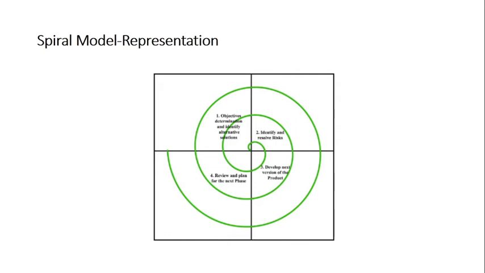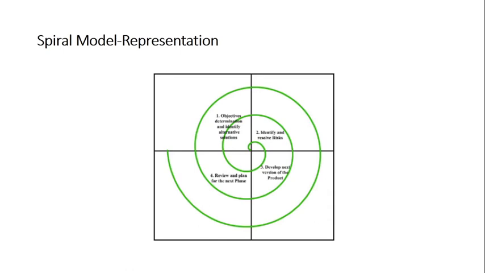Now the third one, iterative and evolutionary, they are almost the same. We develop the software in iterations. You develop one iteration in one loop, then you get new or modified requirements that can be developed in the second loop. Then the third iteration is for other modules, the fourth iteration for other modules, maybe modification is required in the fourth one, so the fifth iteration will be for the modified fourth module. So it resembles an iterative and incremental approach also. You can see that this spiral model includes every other model.